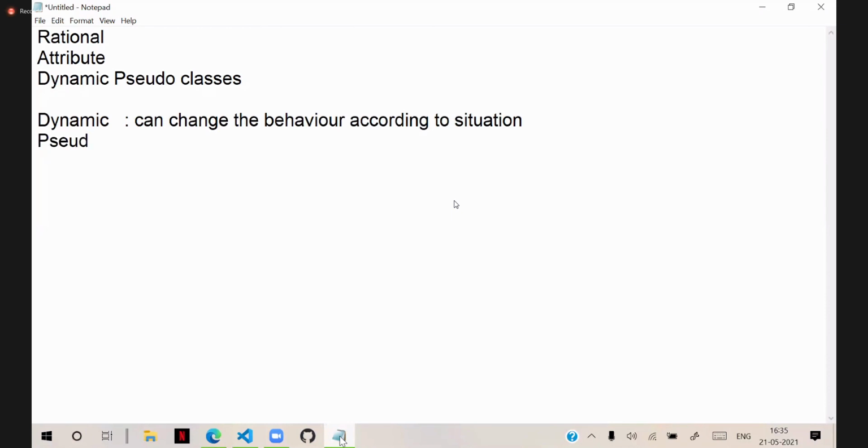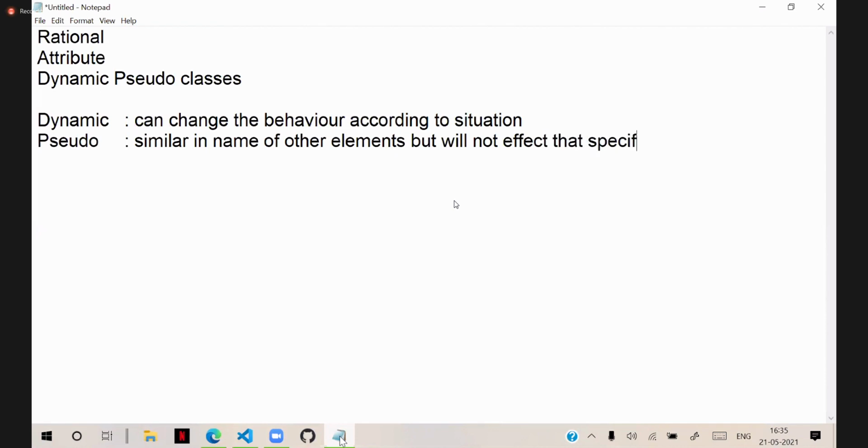Pseudo means similar in name to other elements, but will not affect that specific element.